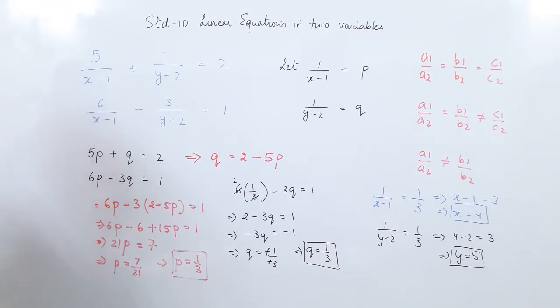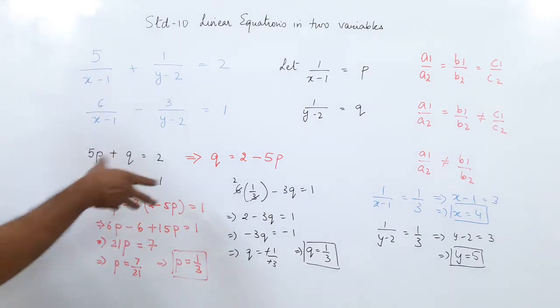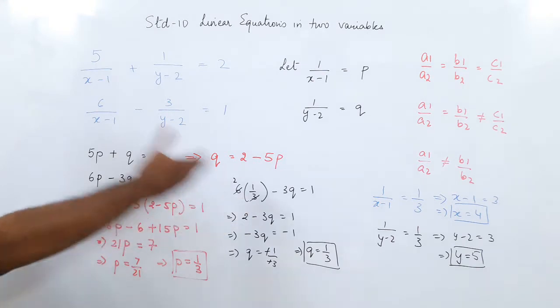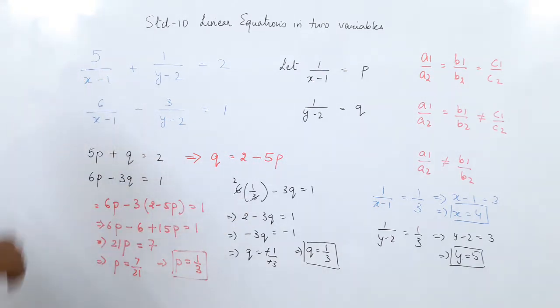Now, if you see the previous lectures, there are many different types of sums we have come across, and we have solved the sums to get the answer. So what is this called? These are called equations reducible to a pair of linear equations. If you see the previous lectures, you will find a lot of sums of this type, but I have constantly changed the sums and solved them so you can understand different methods. Now let us see one more type of sum.